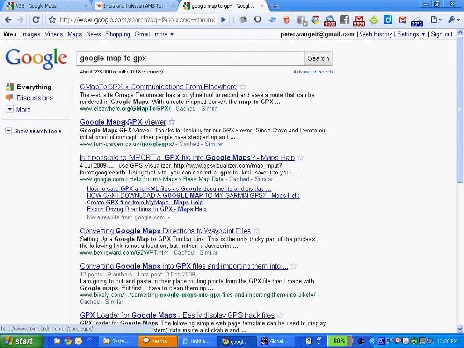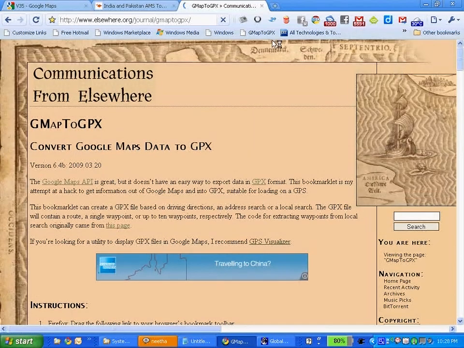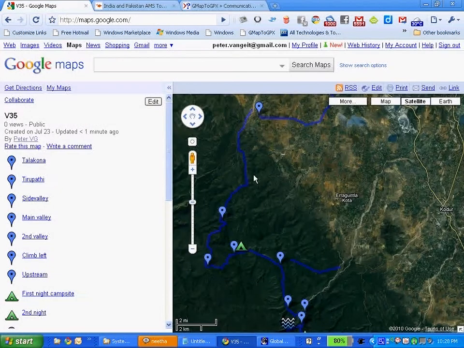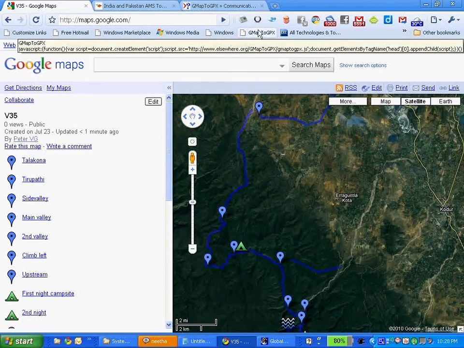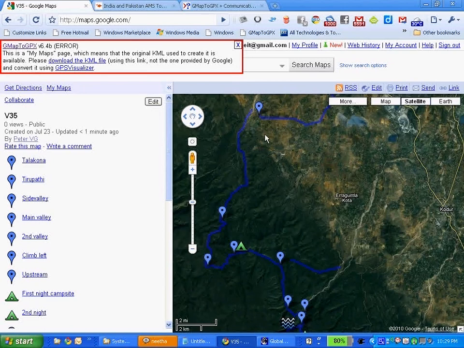So if you go to this website, you put a bookmark in your browser. I'm gonna show my bookmarks here. I've put it here as a bookmark. So if I'm at my Google map with all my trails as well as my waypoints, all these points are called waypoints. Basically, they show you the way. So if I click on this website, it's gonna convert all these trails and all these waymarks to a